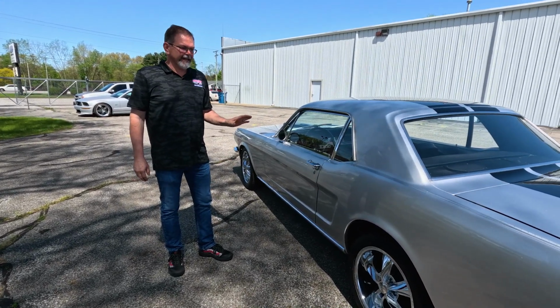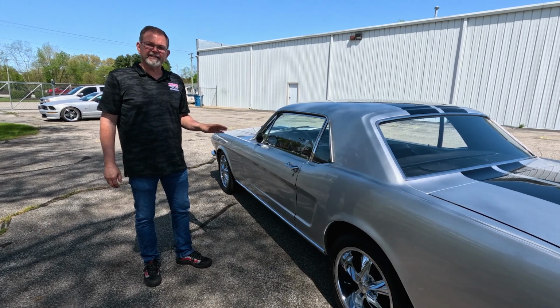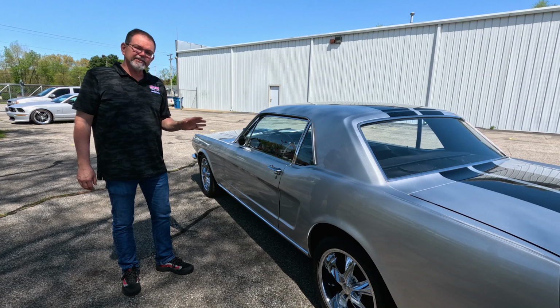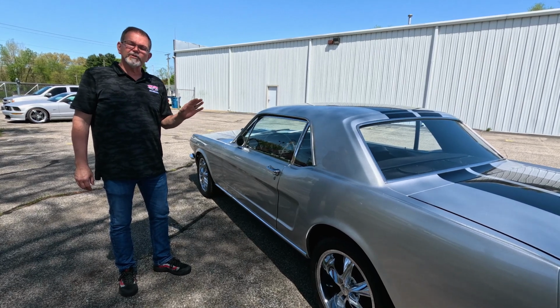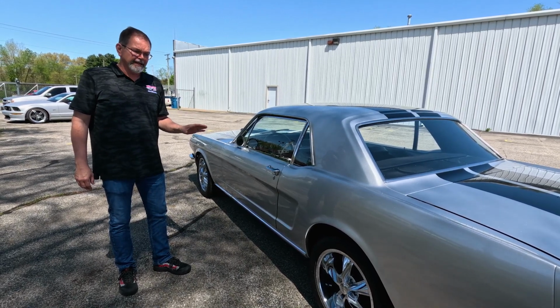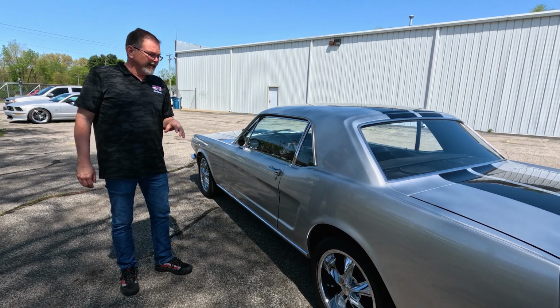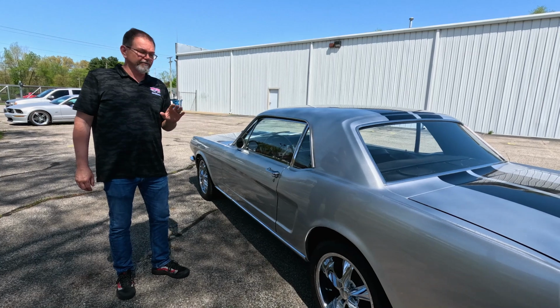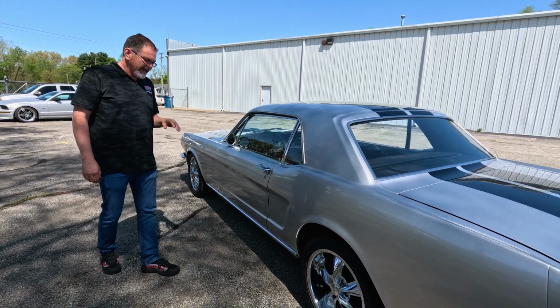Today we're going to take a look at this beautiful 1966 Ford Mustang Coupe. We're going to do a test drive video and then also do a walk around inspection after the test drive and show you everything about the car, the condition of the car, forward to back. But as you can see,